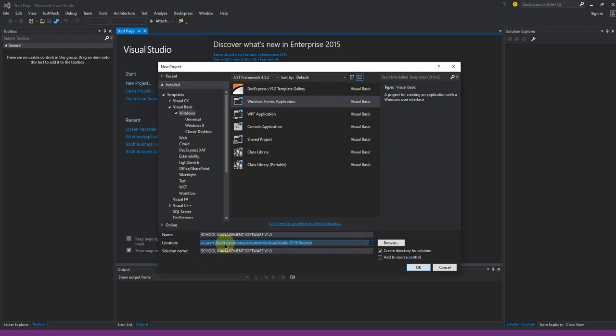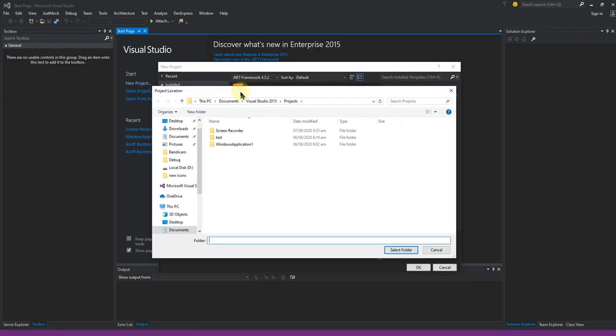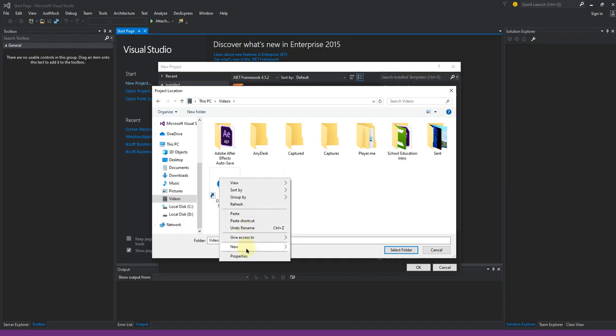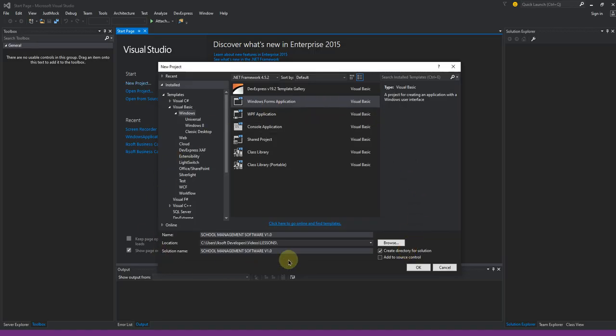We have the location. Where do you want to locate your project? You can click on Browse. I'd like to locate this project in my Videos folder, and I'll right-click and create a new folder. Call this Lessons, right? So inside this Lessons folder, I'll click on Select Folder. Whatever project I'll be doing will be saved inside my Lessons folder, and it will give me a solution name called School Management Software Version 1.0. That will be where I can click and